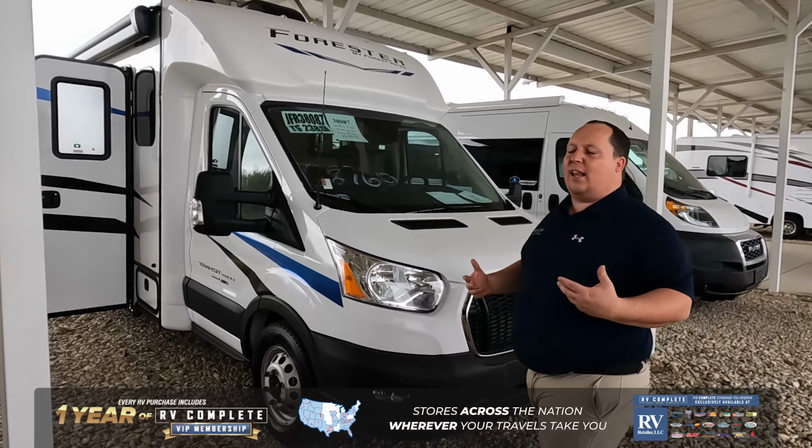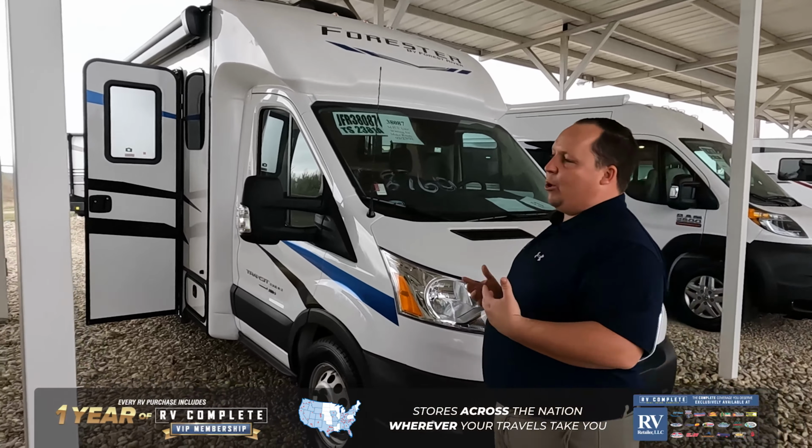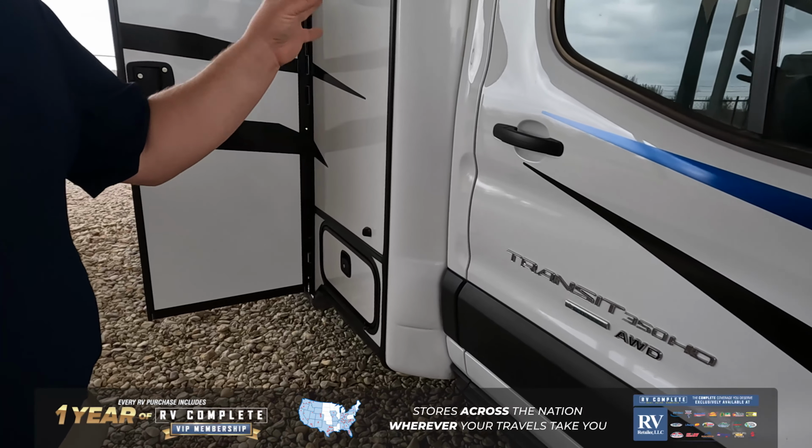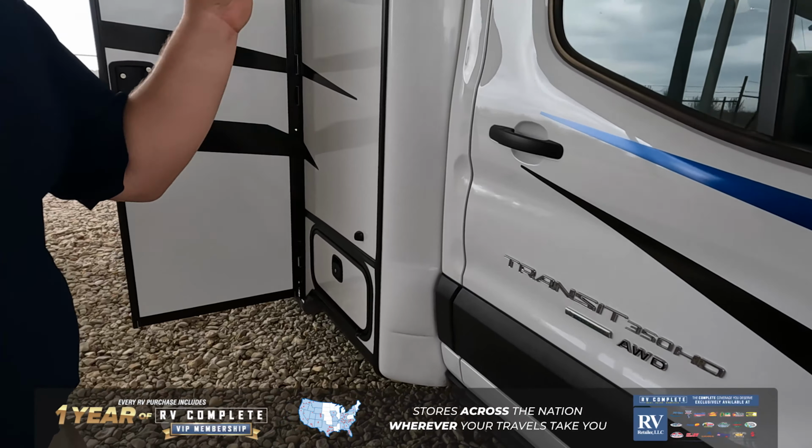profile. And what I really love about this motorhome, this is going to be priced about $50,000 to $60,000 better than a traditional B van motorhome. This is on the Ford Transit Series chassis, EcoBoost and all-wheel drive, super nice. Now, when we look at this, this is a small motorhome, but when we go on the inside, you're going